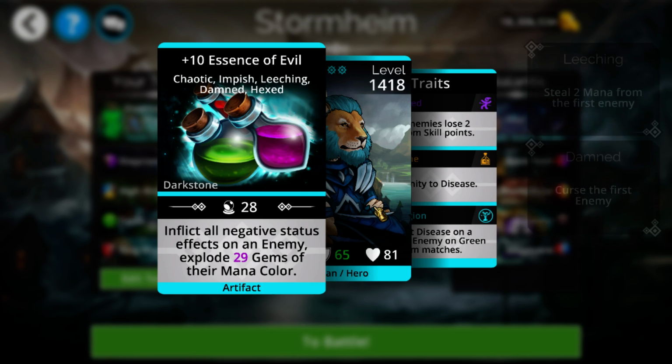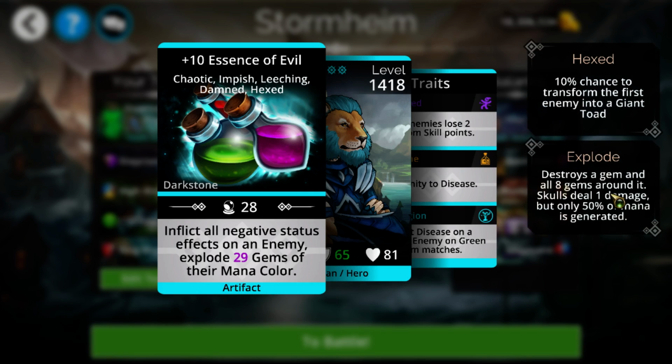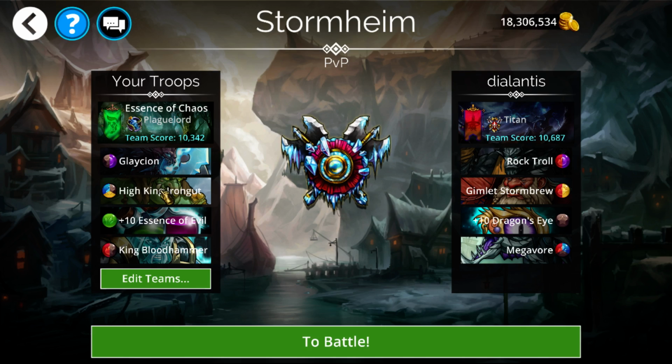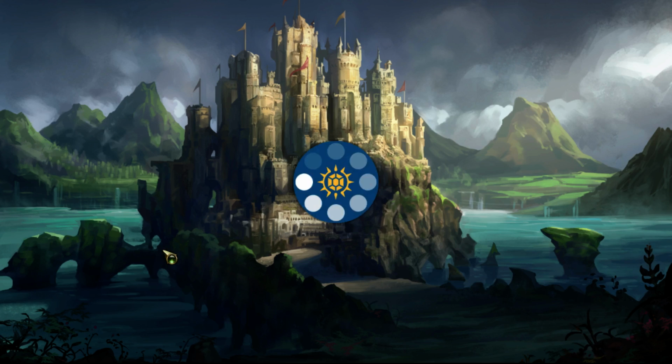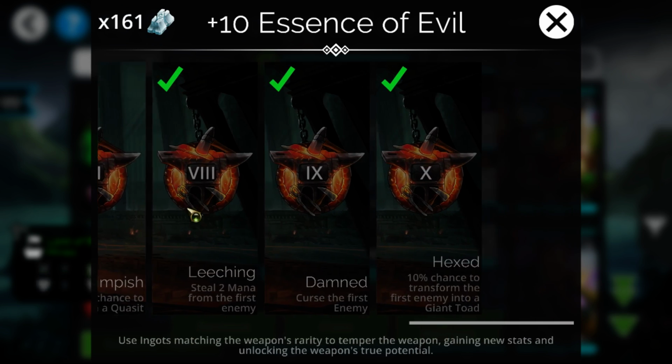Curse does overwrite bless, so you'll still be able to get the transform on everything, so it won't even matter since it curses the first enemy anyways off of one of its affixes. Actually, I didn't even show the affixes, but let me go show those real quick. But yeah, it does actually have a curse onto it, so you're never even going to need to worry about